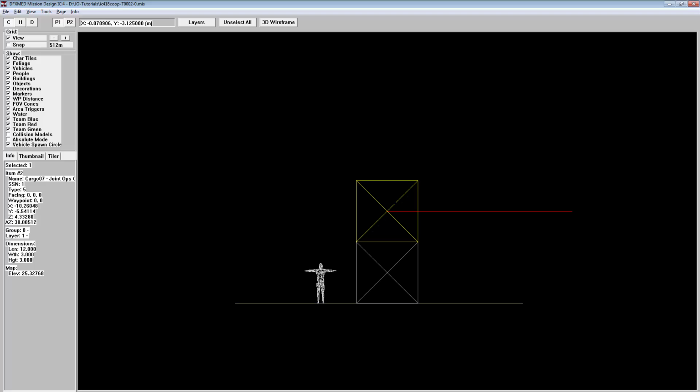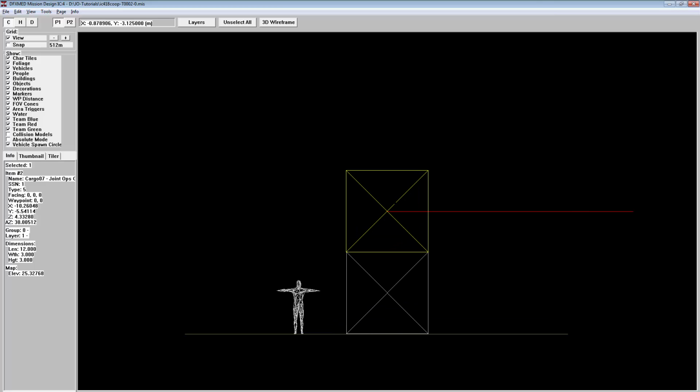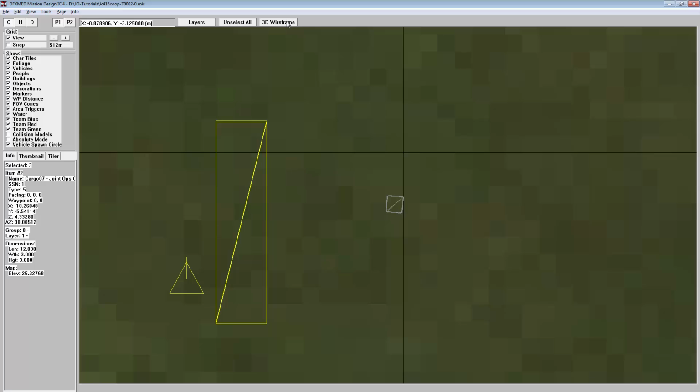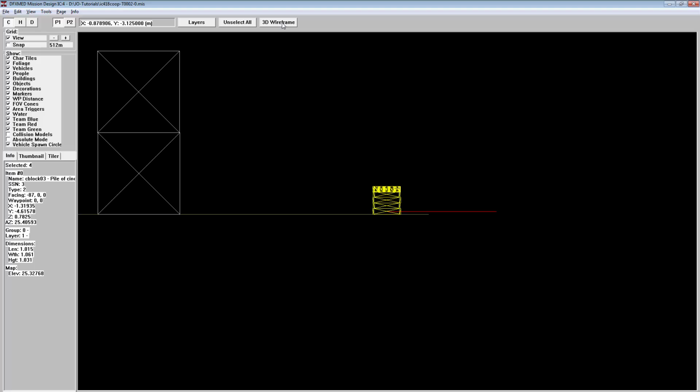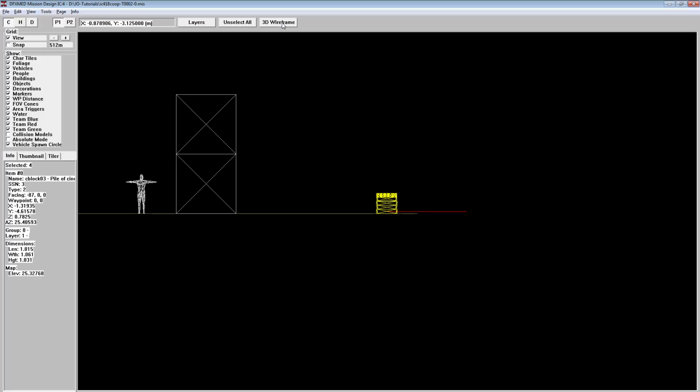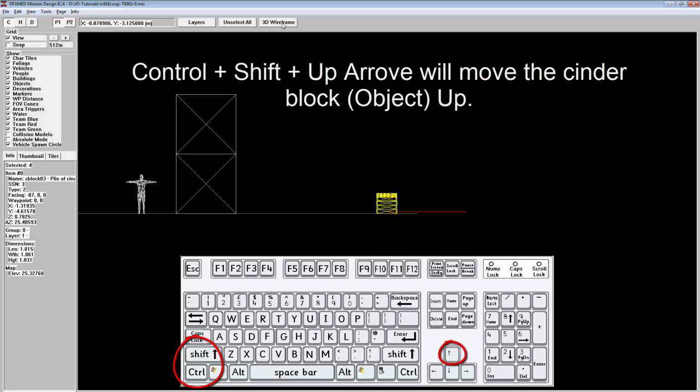Now, the last item that we had was our cinder block, and at the moment we can't see it there, so we'll go back from wireframe view, click on wireframe again to our standard view, and here is our cinder block. We select the cinder block so it is now yellow, and all we're going to do is go back to wireframe view, there it is, and zoom out a little bit more, and Control Shift up arrow, 1, 2,